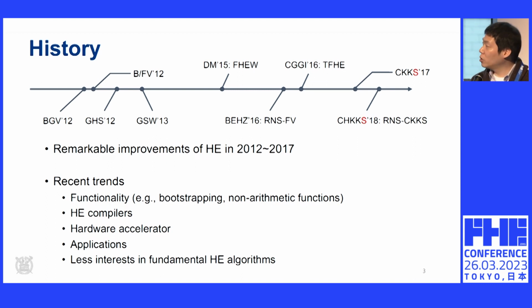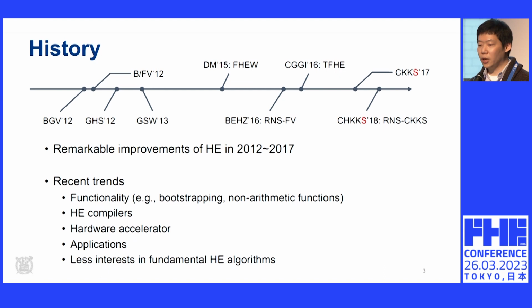But I'm focusing more on algorithmic improvement in scheme designs and optimizations. So the BGV scheme was designed in 2012, and much improvement was made from 2012 to 2016. One example is